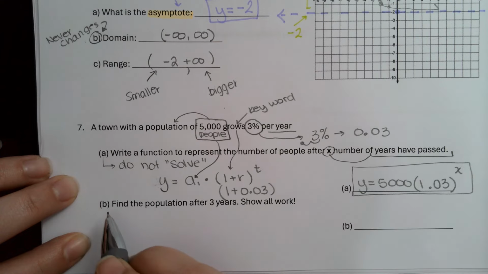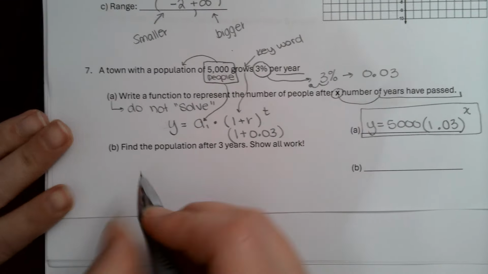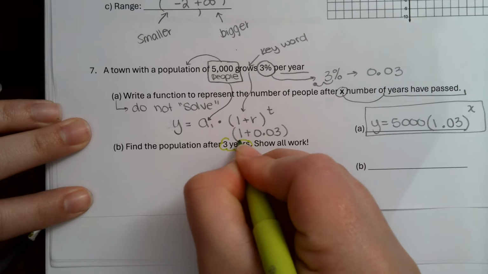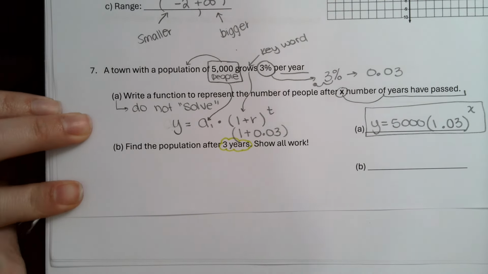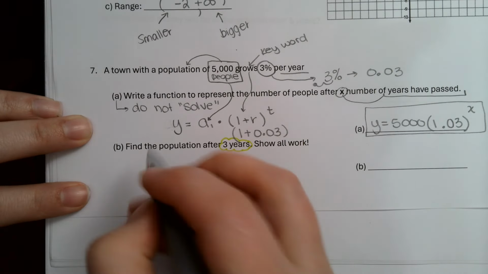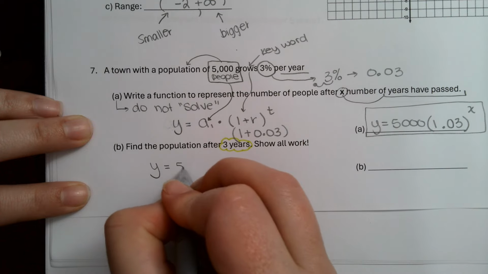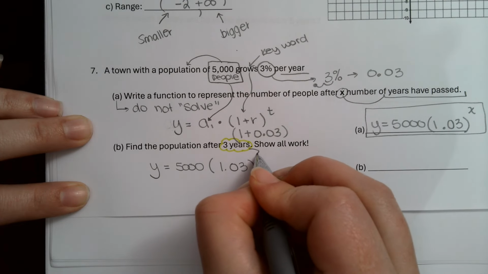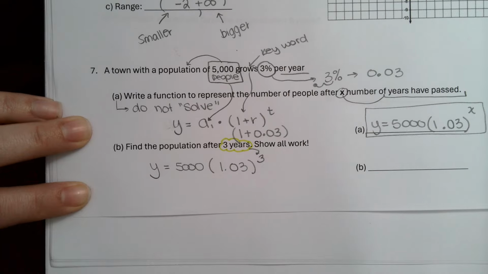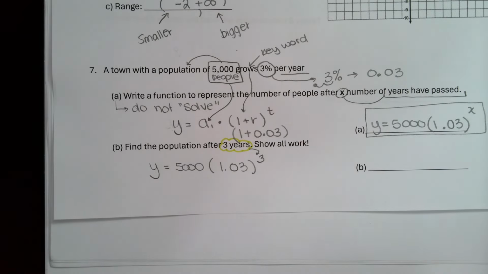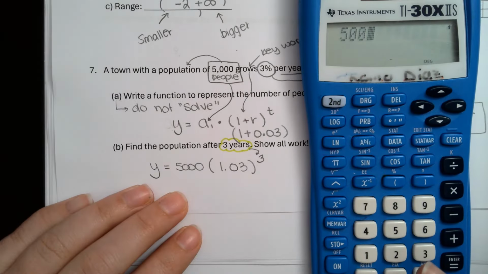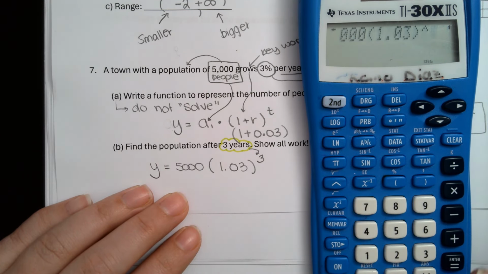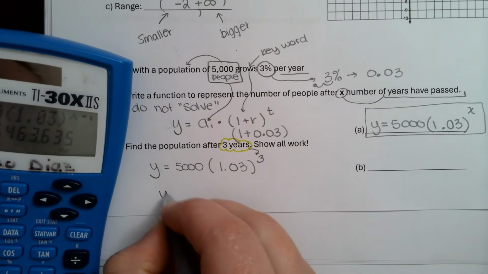Now for question 7B, they are asking you to evaluate: find the population after 3 years. Use the equation that you just wrote down. Y equals 5,000 times (1.03) to the power of 3 years. You're going to pick up a calculator and type this in: 5000, open 1.03, close it, caret 3, and we get